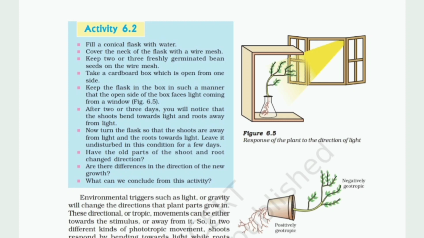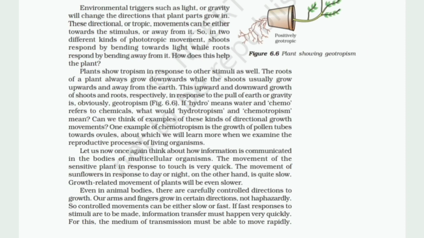So, in 2 different kinds of phototropic movement, shoots respond by bending towards light while roots respond by bending away from it. How does this help the plant? Plants show tropism in response to other stimuli as well. The roots of a plant always grow downwards while the shoots usually grow upwards and away from the earth. This upward and downward growth of shoots and roots, respectively, in response to the pull of earth or gravity is,